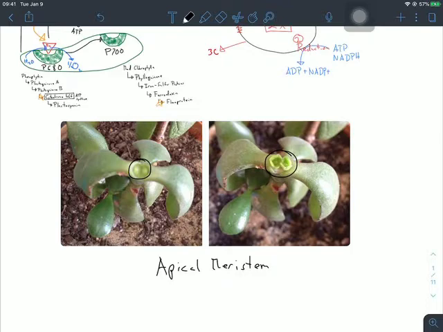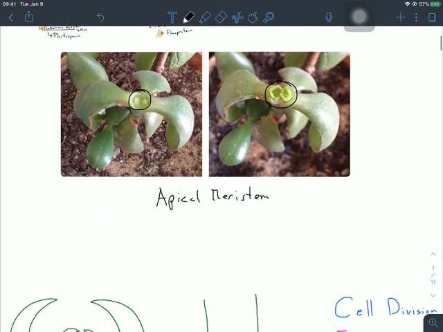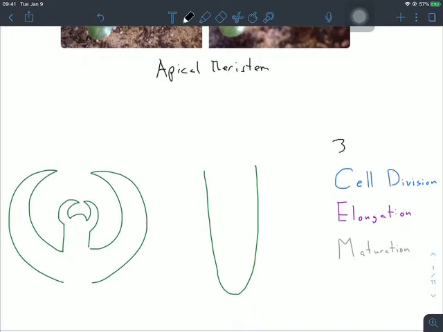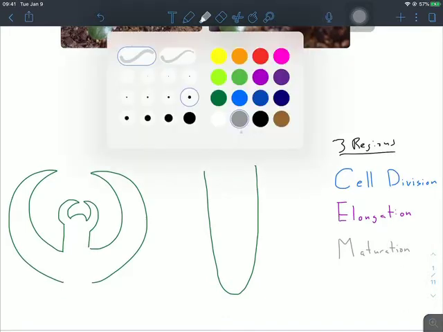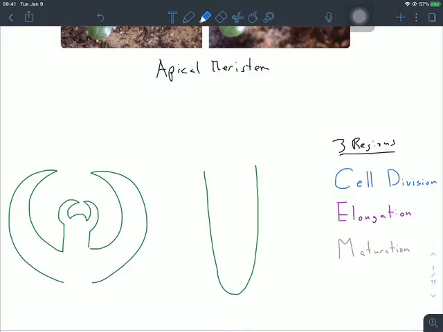In order to understand why an apical meristem or tip growth leads to this type of growth, we have to understand the 3 regions that govern apical meristematic growth. They are the region of cell division, where cells are copying themselves to become more abundant, so we have more building blocks, more Lego bricks with which to start. Then we have the region of cell elongation, where those tiny little Lego bricks,